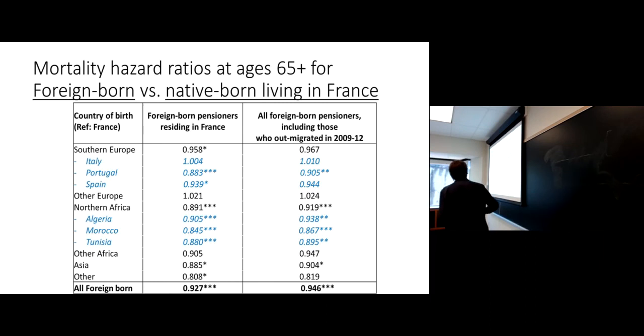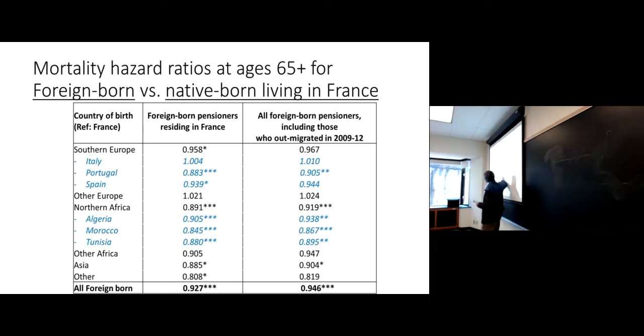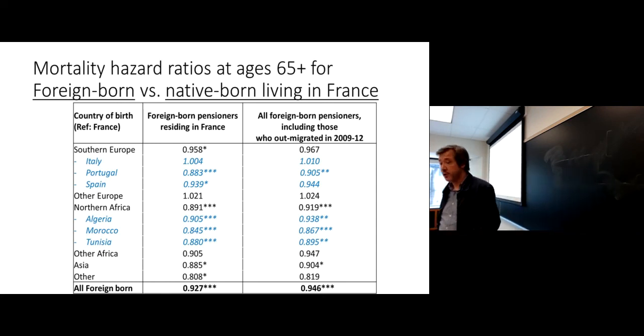It varies depending on the countries of origin. The Northern Africans here have a greater advantage relative to the natives. And in Southern Europe, the Portuguese stand out as having a pretty strong migrant mortality advantage here. So what happens to this migrant mortality advantage